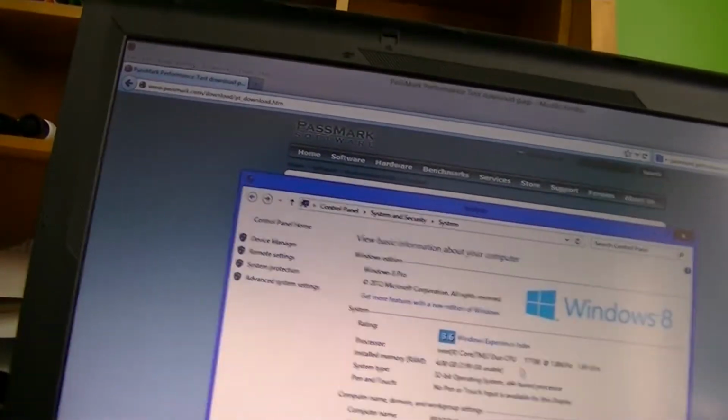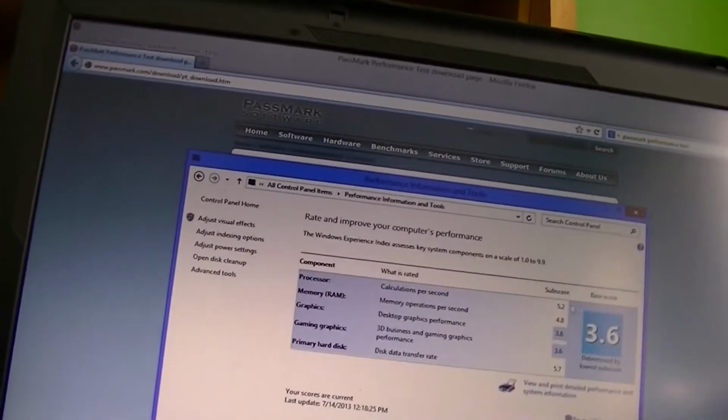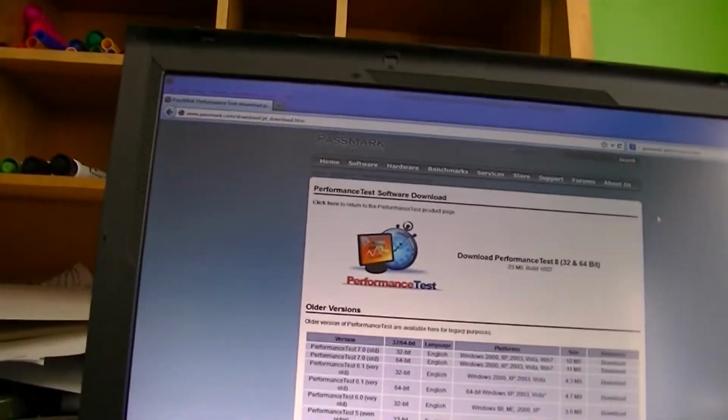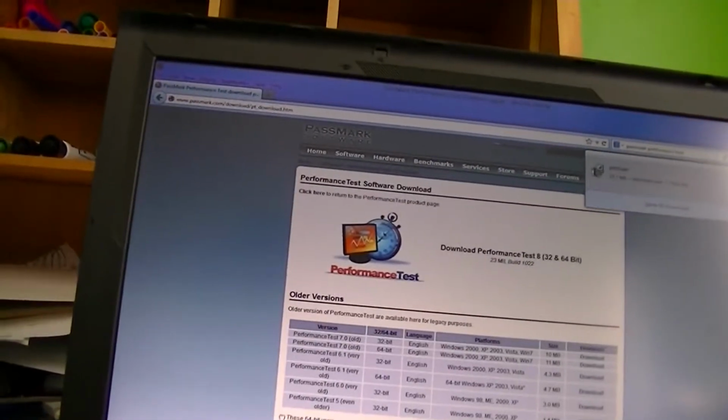If we take a look here, you can see it's a 3.6 for that. I doubt that it's really a 3.6. The problem that I'm having is that it doesn't actually rate it because it can't run the DirectX 10 tests. It just bombs out as soon as it gets to that. So